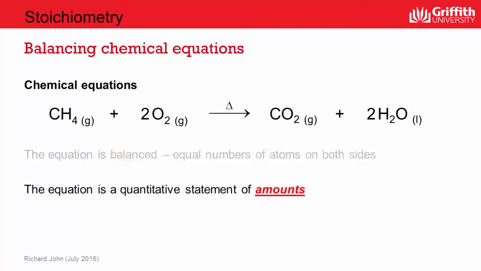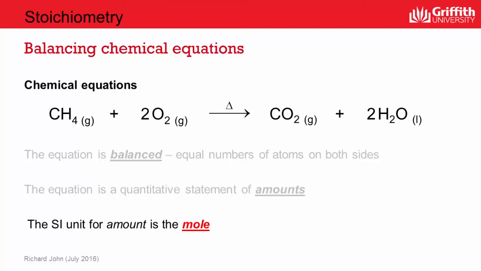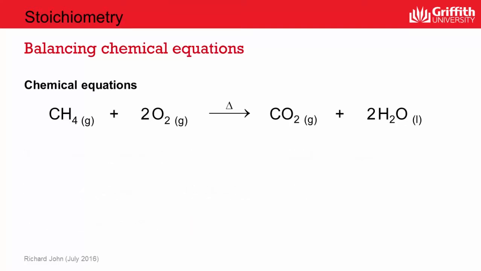The equation is a quantitative statement of amounts, and what that actually means is that exactly 1 molecule of methane will react with 2 molecules of oxygen to produce 1 molecule of carbon dioxide and 2 molecules of water. So if it's a quantitative statement of amounts, we actually know that the SI unit for amount is the mole. And so a different way of interpreting this chemical equation would be to say that 1 mole of methane molecules reacts with 2 moles of oxygen molecules to produce 1 mole of carbon dioxide and 2